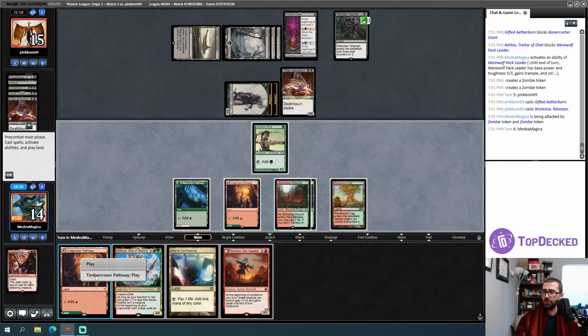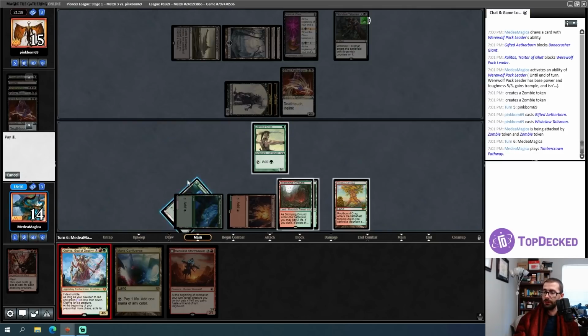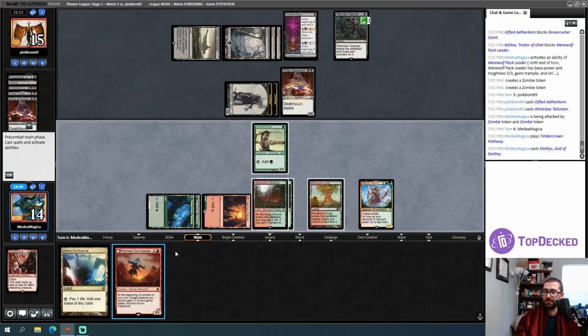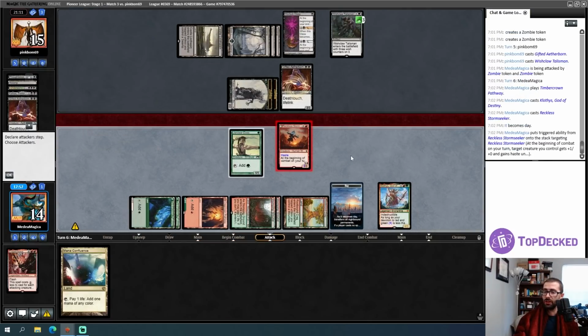I guess I want the green side of this in case I draw a Scavenging Ooze. Did I board those in? No, I did not board those in. All right. So there's Klothys as a sticky threat. My devotion isn't quite high enough for that to be good. And then I'll play this hasty thing. It can just take haste, and I'll...